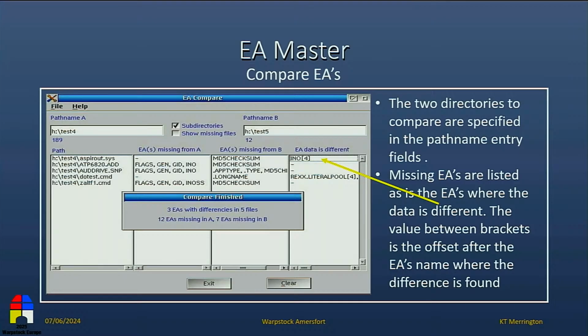So for example, what it says here is the MD5 checksum is missing in one file, and the data of the EA eno is different, and the difference occurs at the 4th byte. So you have an indication of where it may be.